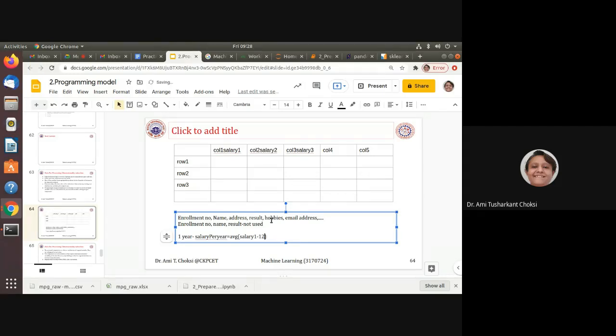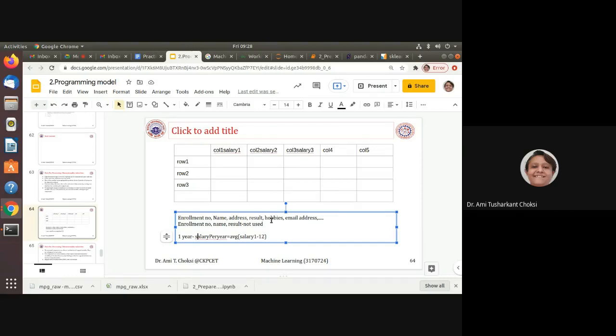It is understood, right? So what we have done is, we have the data, that is salary 1, 2, 3 up to salary 12. But what I want, for my analysis, is salary per year. So we can do that as the average of salary 1 to 12.